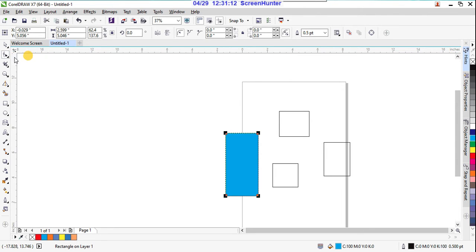So see this, first we use the shape tool. This is a really very important tool, because you can give shapes to your objects and drawings by controlling and converting with this shape tool, right? I'm using the shape tool.